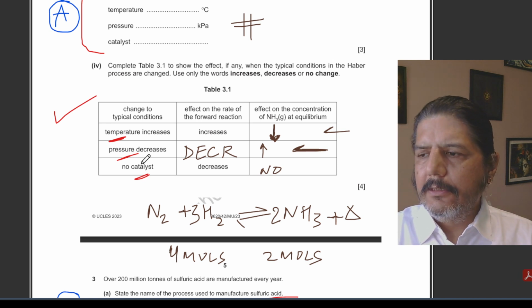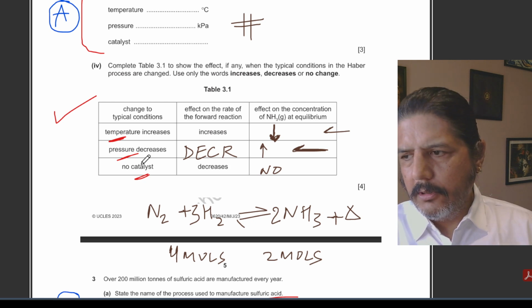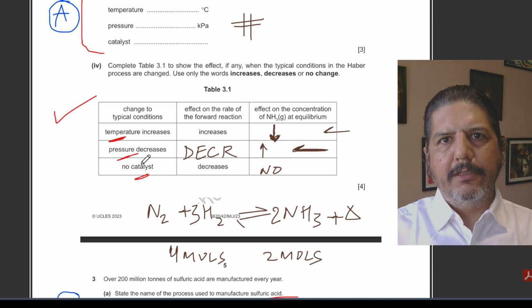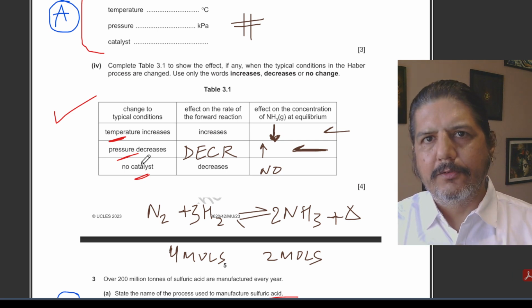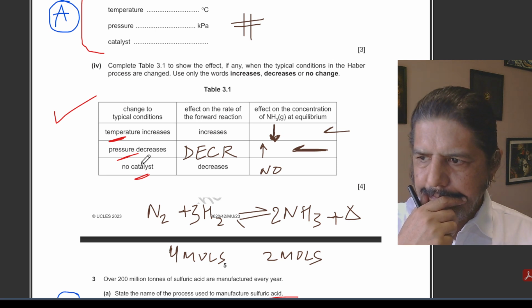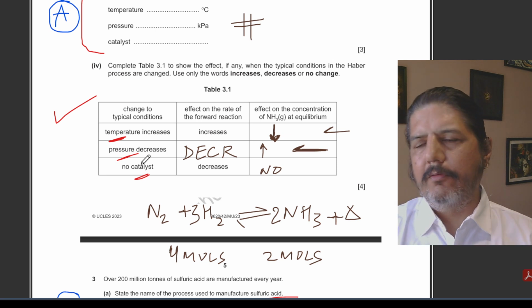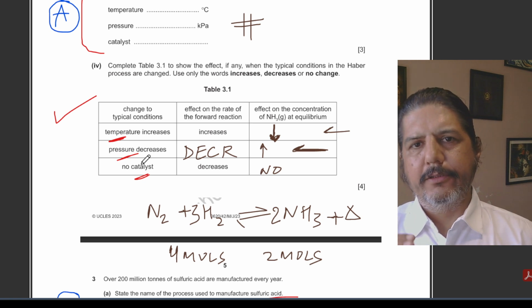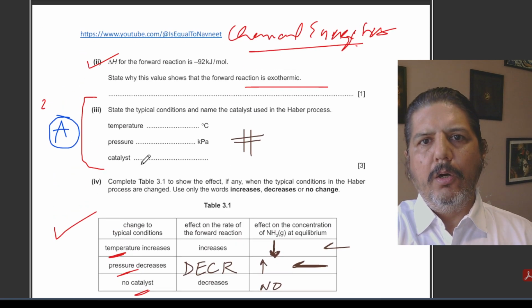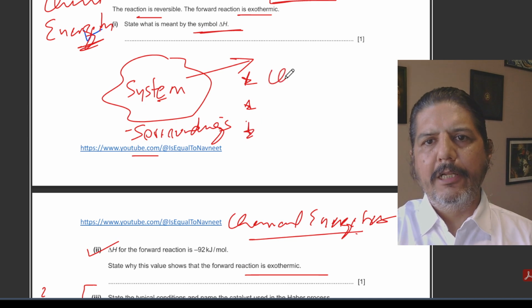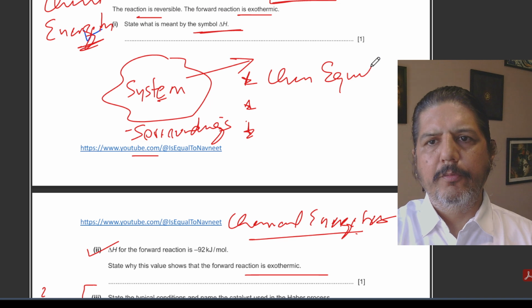They also ask, the question can also be asked in terms of the concentration of the products, whether the concentration of product increases or decreases. The question can also be asked in terms of the rate of reaction, the rate of forward reaction, or the rate of backward reaction. So basically, in all these questions, there are three topics which you should be very clear of. The first, of course, is chemical equilibrium. Chemical equilibrium you should be clear of.